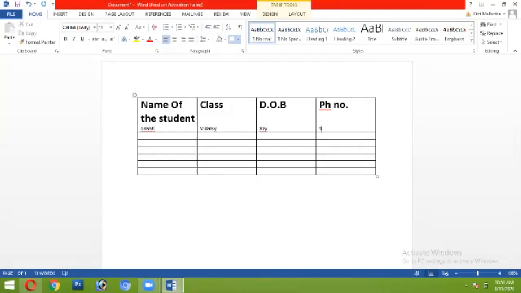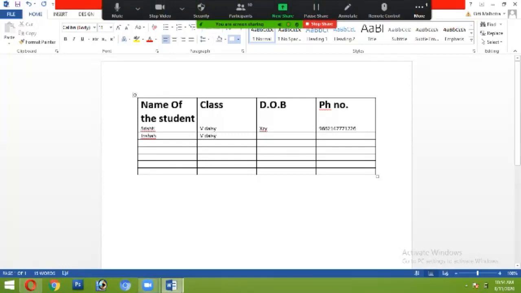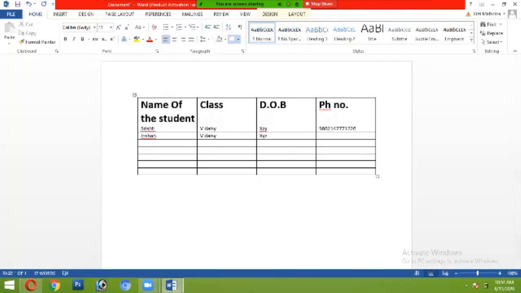Her contact number is this. Then next comes Insha. Her class is 5 Daisy. Her date of birth may be any. Then her contact number. In this way, I am creating my table.